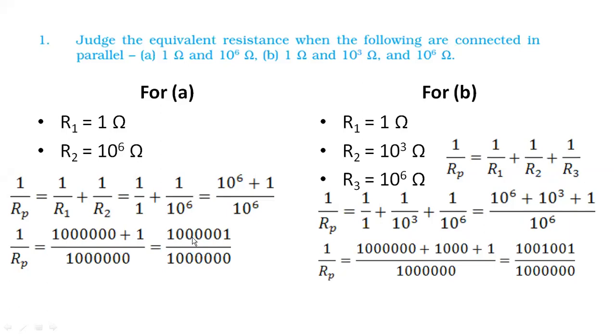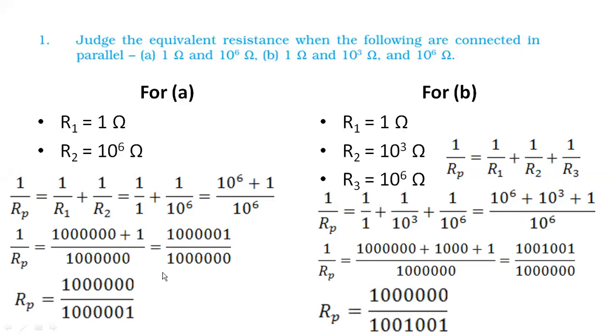Now division of this number is very simple, but see, in our formula the value of RP is in reciprocal. To find out the value of RP, I need to take it to the numerator side. I need to take the reciprocal of this. I need this RP on the numerator side, so I will take this RP to the numerator side. How? By taking the reciprocal. So I have taken the reciprocal.